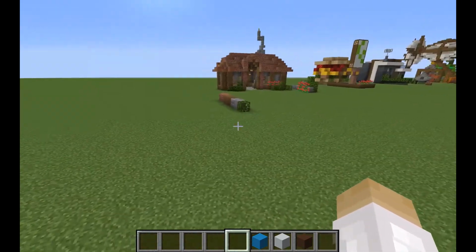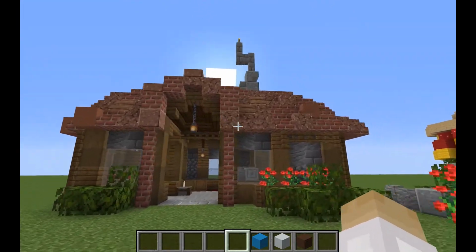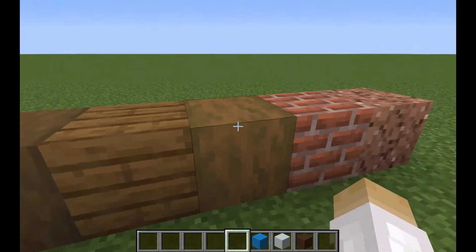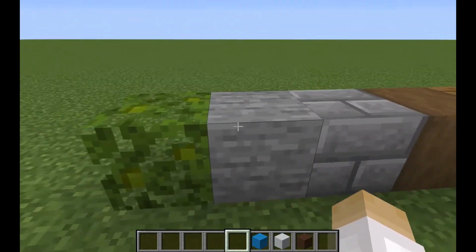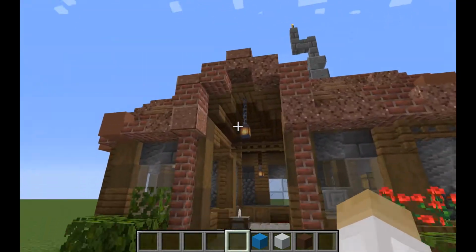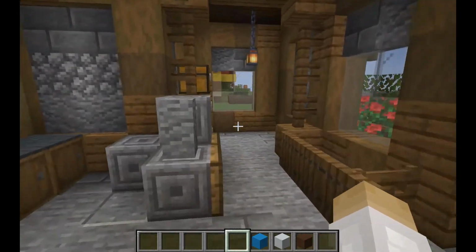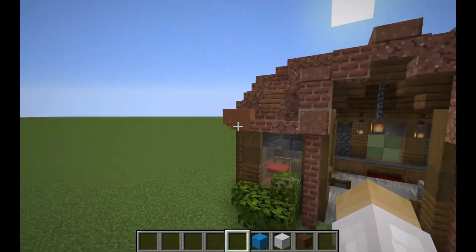Let's get started. Alright, so over here, the first idea I have is a rustic house. Now the materials it basically needs, there's a few others there, but there's granite, bricks, different types of spruce, stripped dark oak wood, some stones and some leaves, and some roses and stuff, and different types of glass. I mean, those aren't necessary. Anyways, in here it's almost like a stonesmith place. Really, you can design the interior however you want, but I'm going to show you my thought process when building